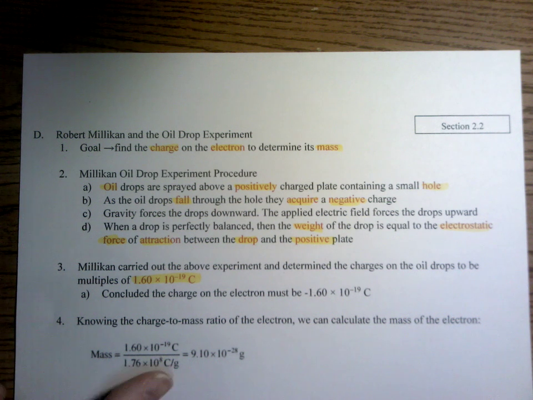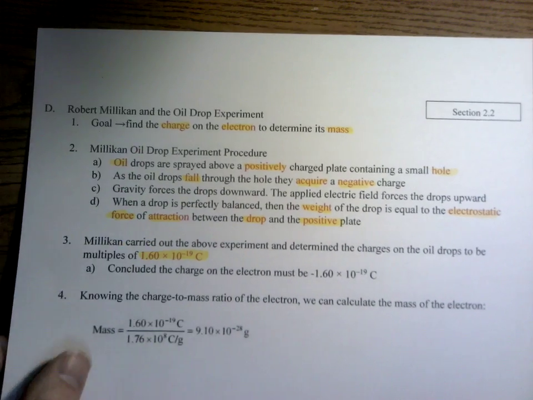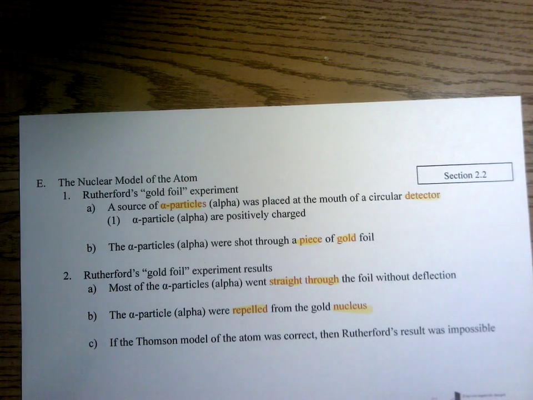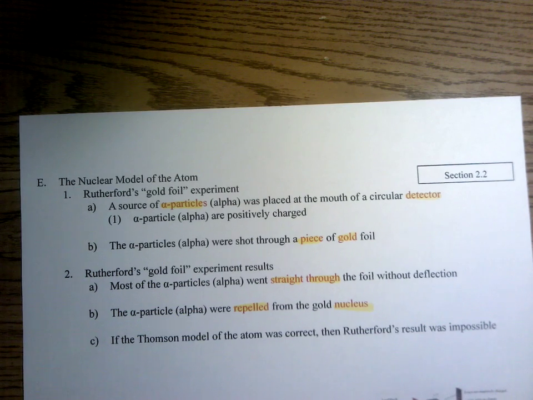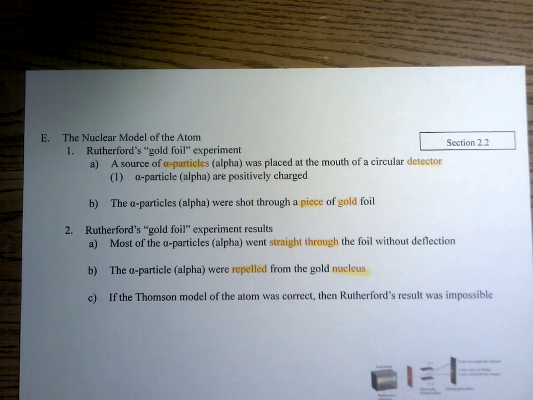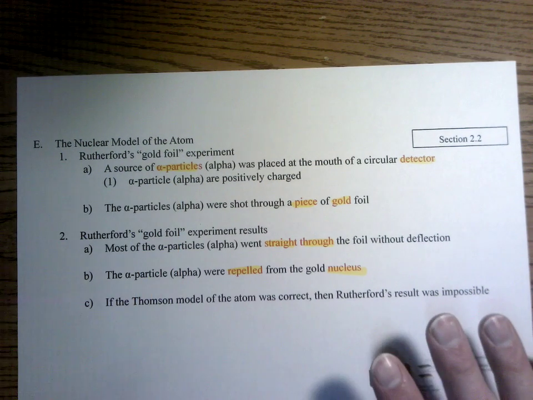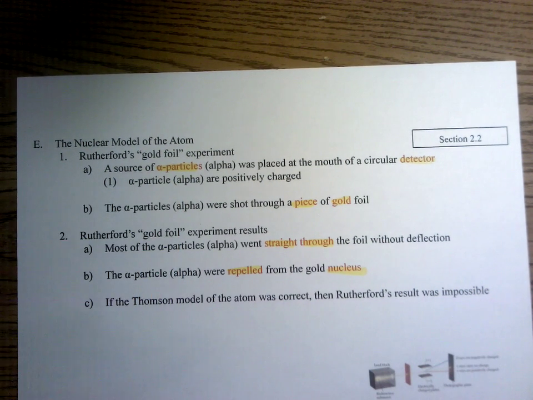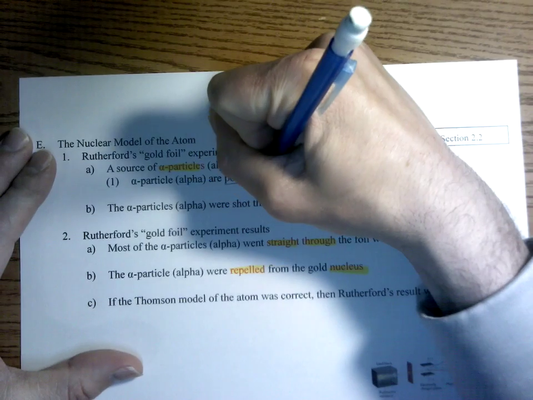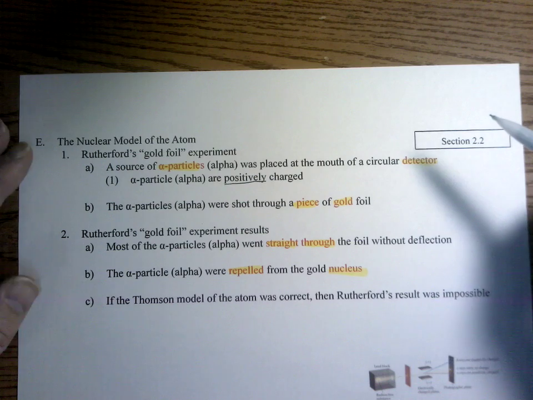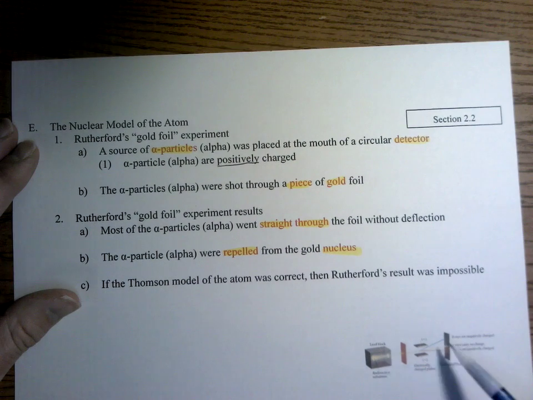But this next experiment here, and I'll change the page here, this next experiment is crucial. And this is Ernest Rutherford's gold foil experiment, and he's able to determine or have the nuclear model of the atom. So what he does, he shoots these alpha particles, which we'll learn in a little bit what an alpha particle is, but we just need to know for right now, alpha is a positively charged particle. And so what Rutherford does is he shoots these alpha particles